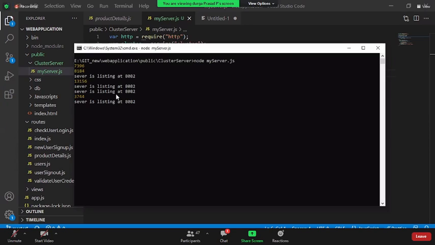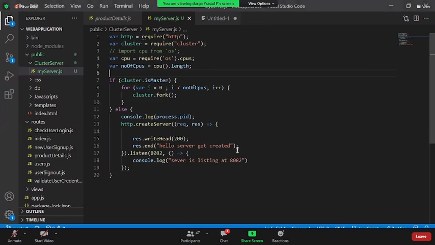It is totally 4: 1396, 8184, 13156, and 3744. I'll even do one thing: along with hello server got created, let us even pass the process ID to this so that we can see from which process the response is coming.